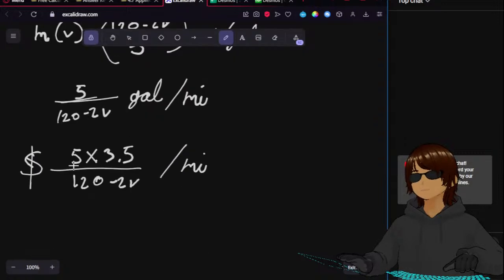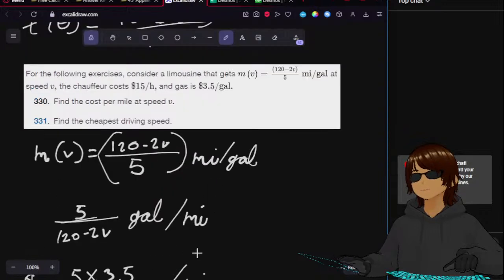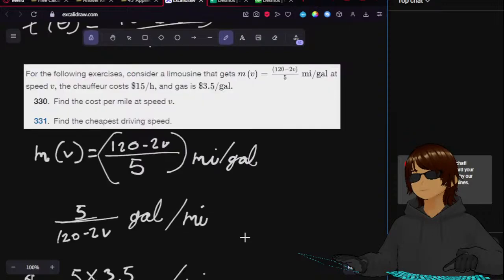I have no clue. 5 times 3.5 divided by 1. This is how much the gas costs per mile. Now I want to know how much the chauffeur costs per mile. If you go at speed v for 1 mile,